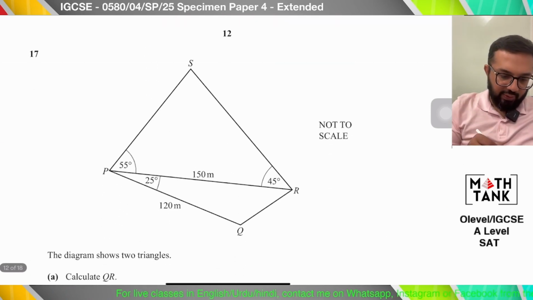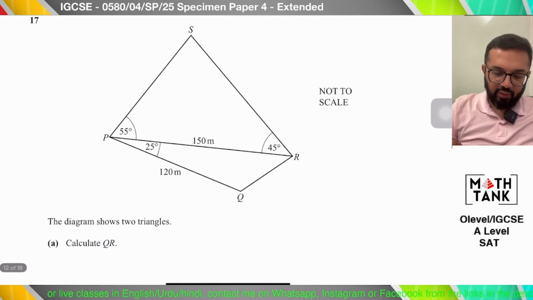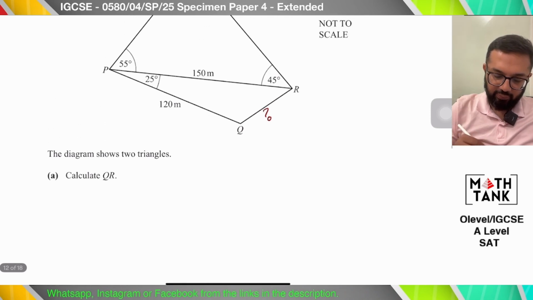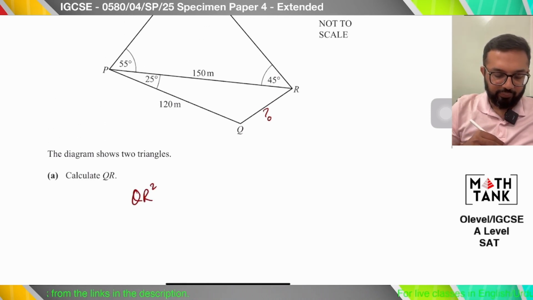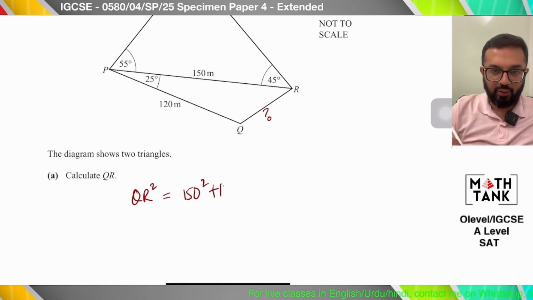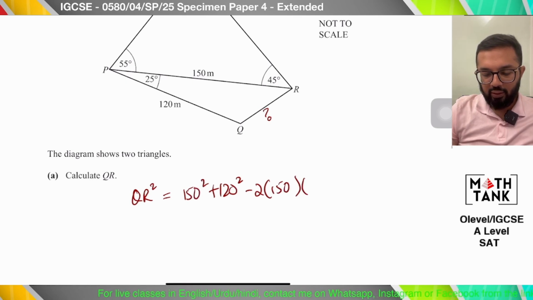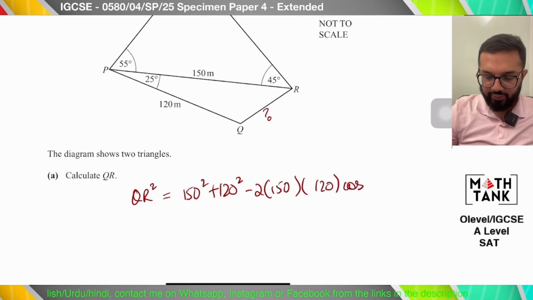Okay, question number 17. It says the diagram shows two triangles. Calculate QR. I want to find this. So this is simply the cosine rule again. So 150 squared plus 120 squared minus 2 into 150 into 120 into cos of